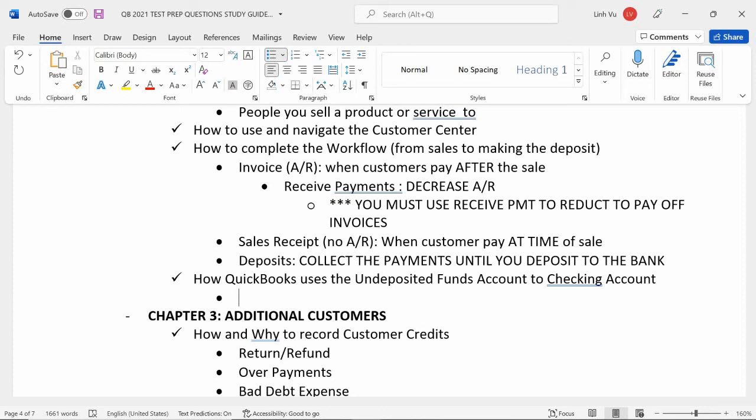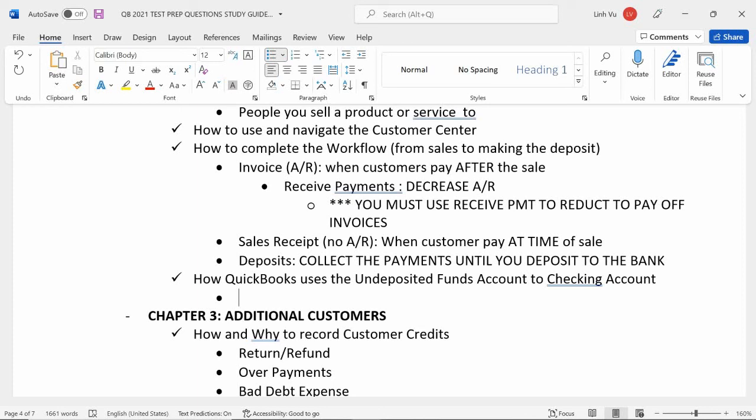So would that be dormant? What do you mean by dormant? It'll stay there until it's closed out at the end of the year? If you bill all of your customers and they decided to pay you, you're going to wait till the end of the year to put that in your bank? No. You would have to make another item in your chart of accounts and say it's other current asset. No. The undeposited funds is going to be considered an other current asset,